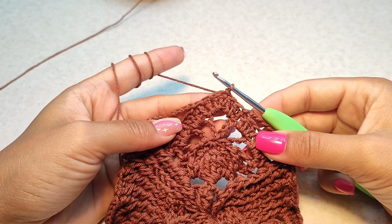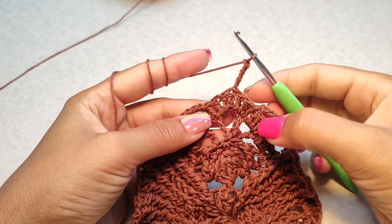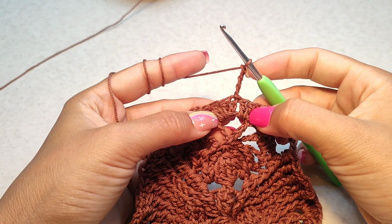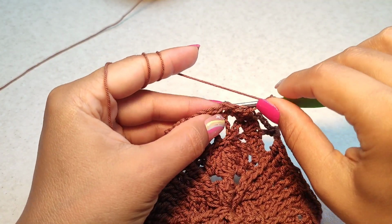Round 10, 4 chain, 1, 2, 3, 4. We had 5 double crochet here to here. Around the last one we make back post double crochet,